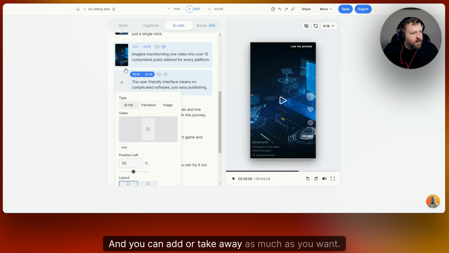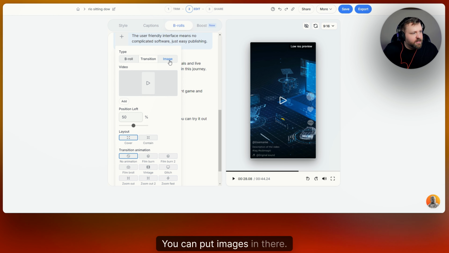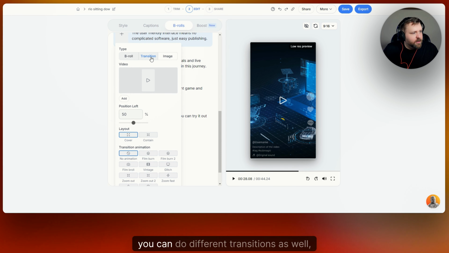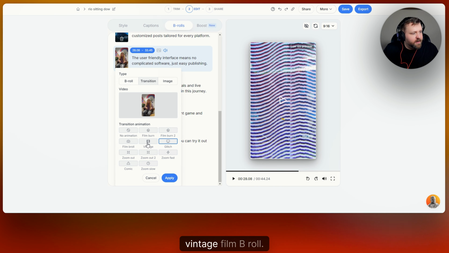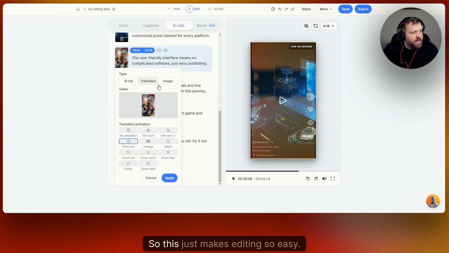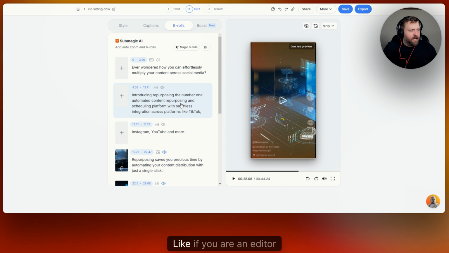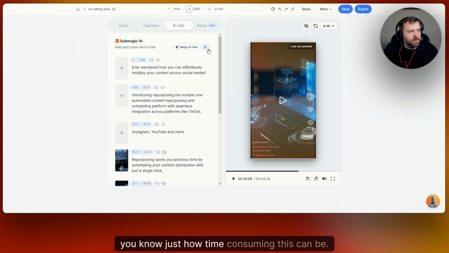And you can add or take away as much as you want. You can put images in there. You can do different transitions as well, like film burn, glitch, vintage, film B-roll. So this just makes editing so easy. Like if you are an editor or have ever edited a video, you know just how time consuming this can